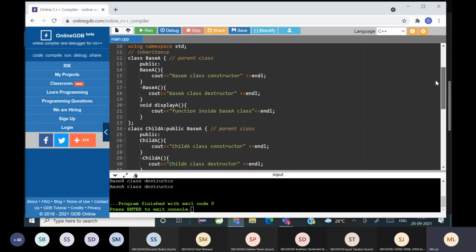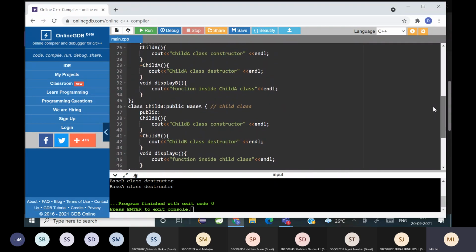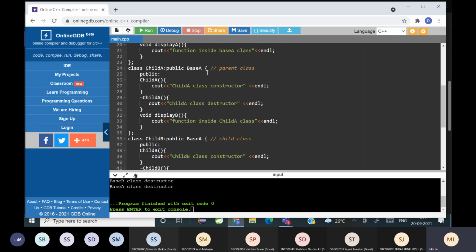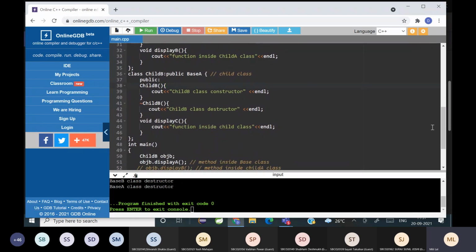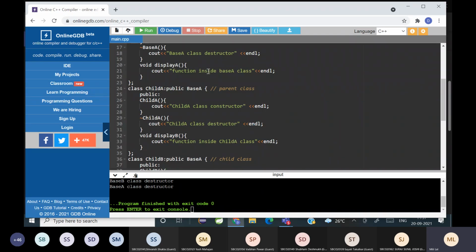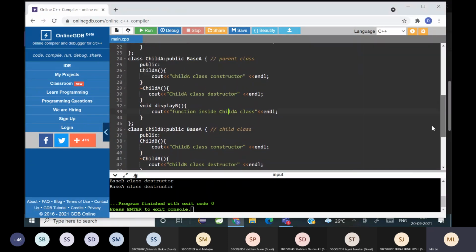I have a base class and I have two child classes inheriting from the same parent. देखा? Child A is also inheriting base A and child B is also inheriting base A. मतलब child A can access base A and its own properties, and child B in turn can access the parent class and its own properties.